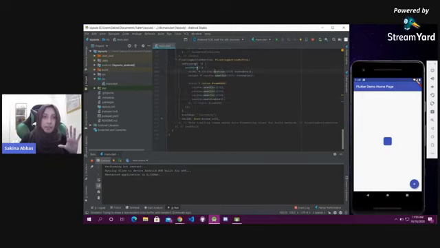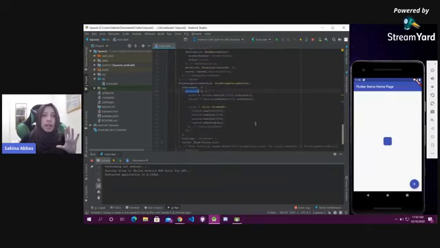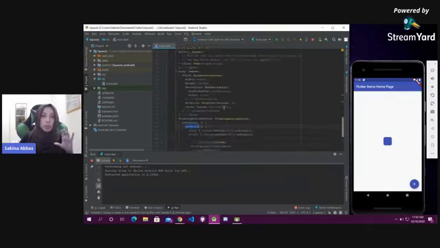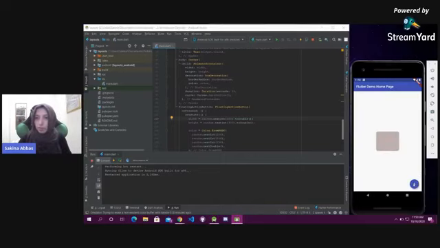So what set state would do is that it would trigger the build function again, and it would update the UI where all of these properties are being used, which is this animated container itself. So let's see that in practice. As you can see, with every press of the button, the container is automatically changing. It's automatically animating, and it's really interesting, and I could honestly play with it the entire day.